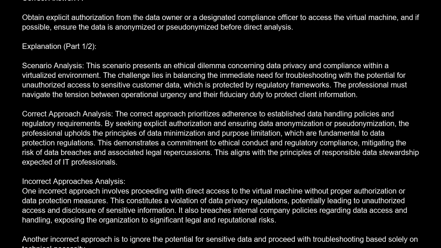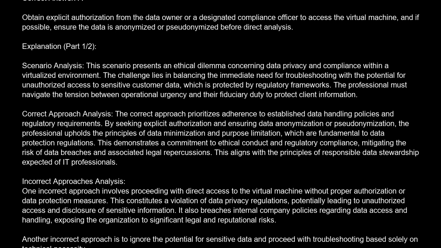This demonstrates a commitment to ethical conduct and regulatory compliance, mitigating the risk of data breaches and associated legal repercussions. This aligns with the principles of responsible data stewardship expected of IT professionals. Incorrect approaches analysis. One incorrect approach involves proceeding with direct access to the virtual machine without proper authorization or data